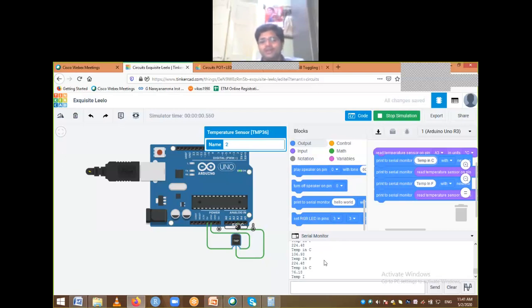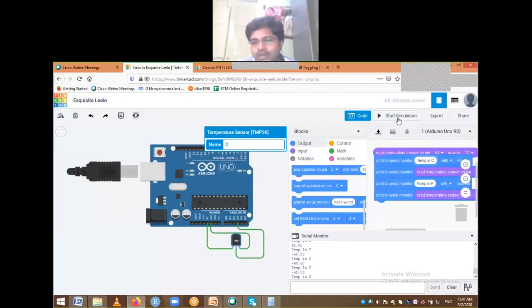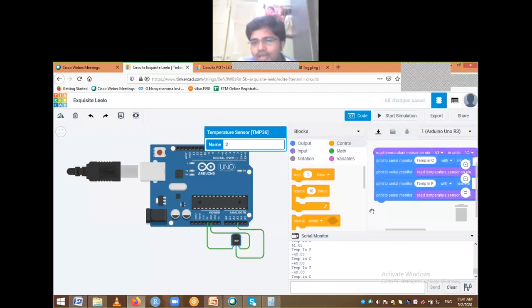For example, if I consider any application, where you want to see the temperature of a human body or of a particular environment, it won't continuously vary, right? So I can have some controlling for that. Wait for some amount of time before you measure the next value. So wait 1 second before you give the next value, and I can simulate.